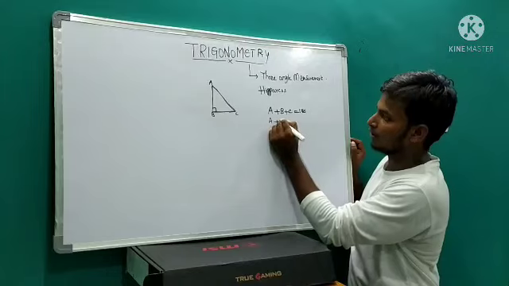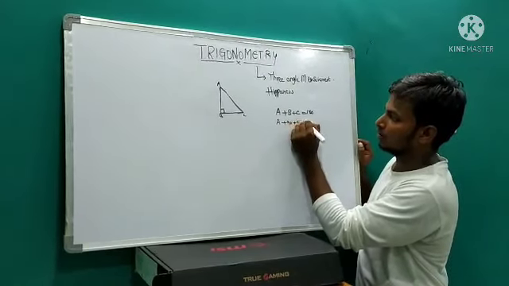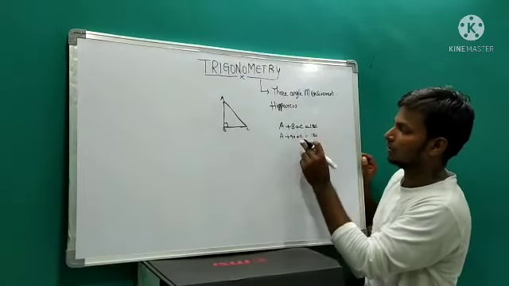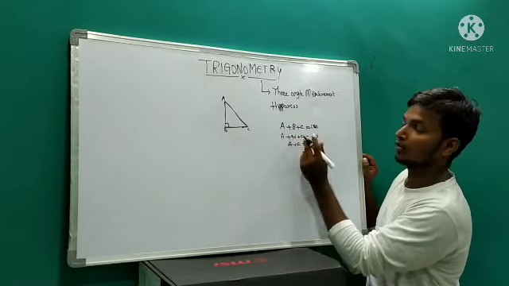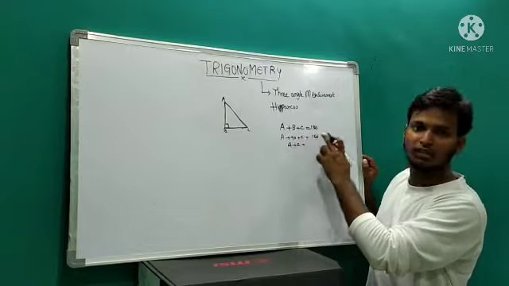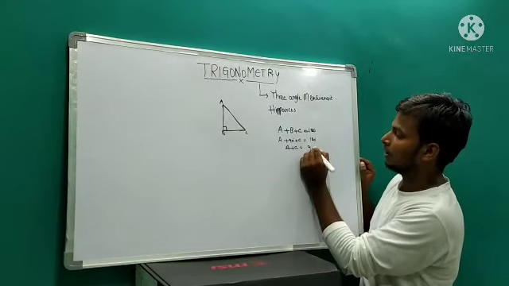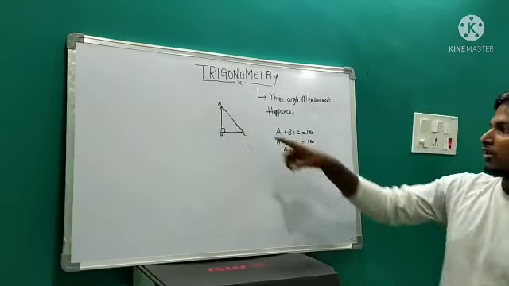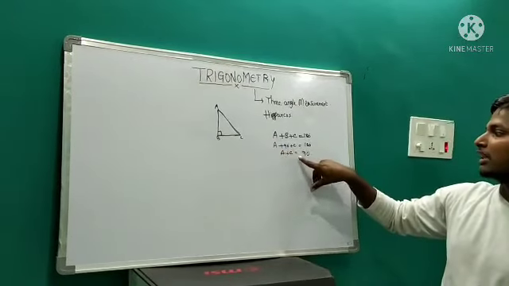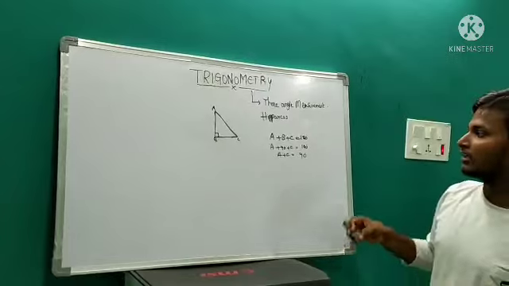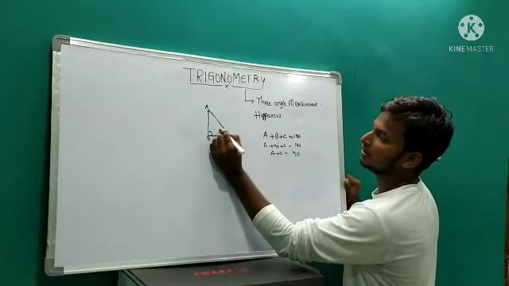A plus 90 degrees plus C equal to 180 degrees. Bring this 90 to this side. A plus C equals, bringing this 90 to this side, the total will be 90 degrees. So the sum of all angles in a triangle is 180 degrees. Here B is 90 degrees, so A plus C equal to 90 degrees. Suppose let's place here C as theta.